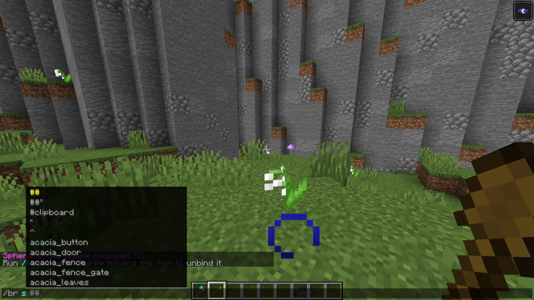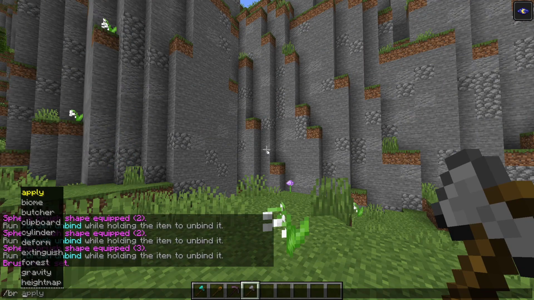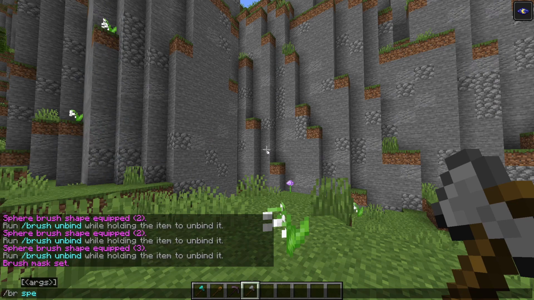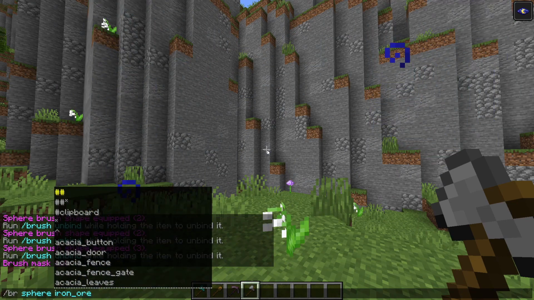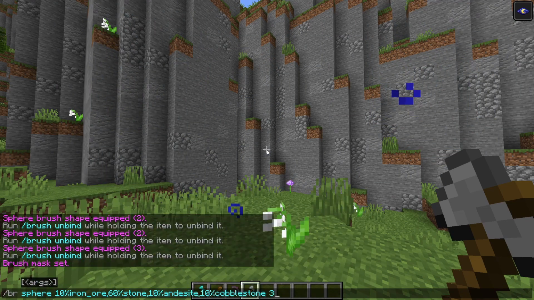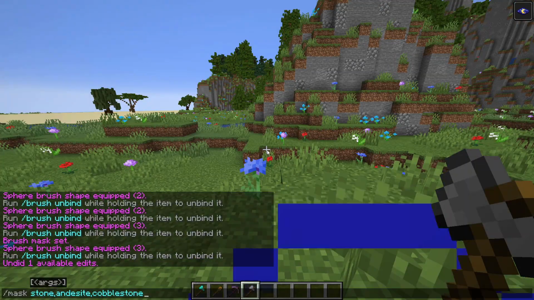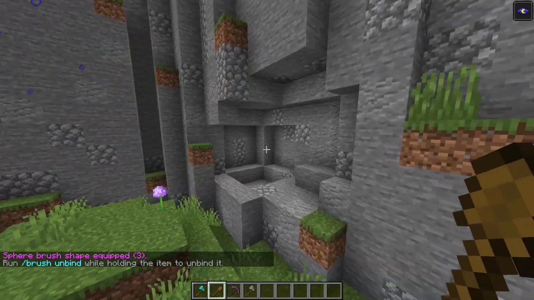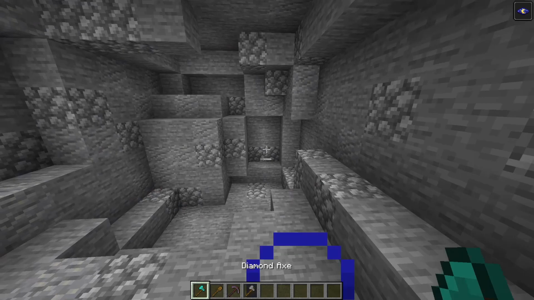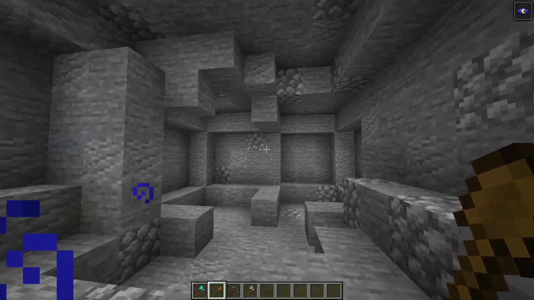Then a simple airbrush. Alright, then make a new tool, just instead of the air use iron ore or any other ore that you want. Then mask it to whatever the mountain is made out of. Then just start digging with the air tool and sometimes put it back with your mountain brush to make it look more natural.